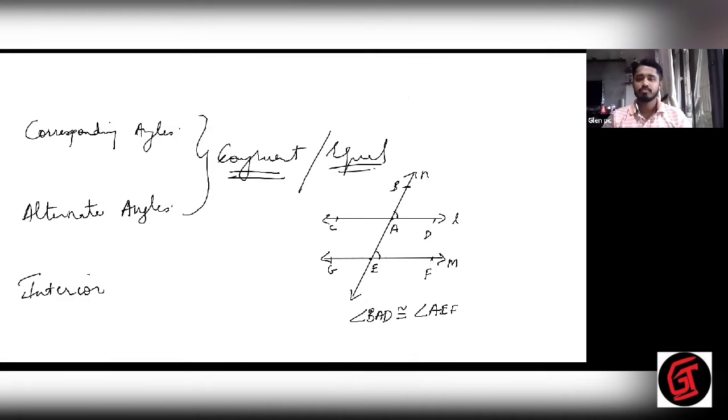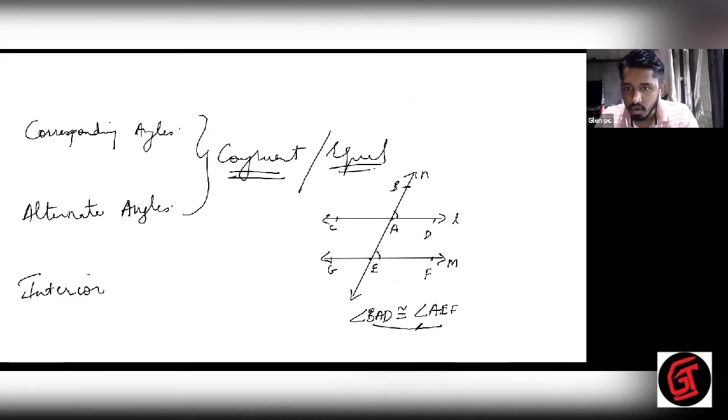Okay, let's continue. So corresponding angles, we saw one pair. All the other pairs also are congruent. What I was saying when Nathan came in between, I said that only if there are two parallel lines and there is a transversal, only then these types of angles are formed, and they are said to be one pair, that is corresponding angles.